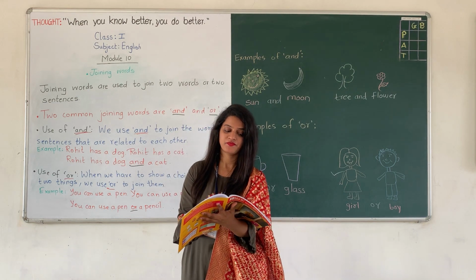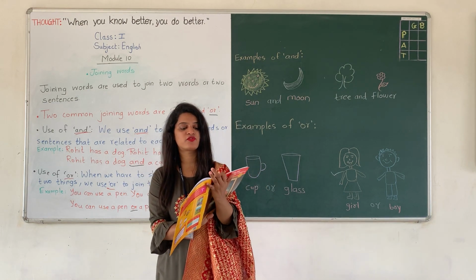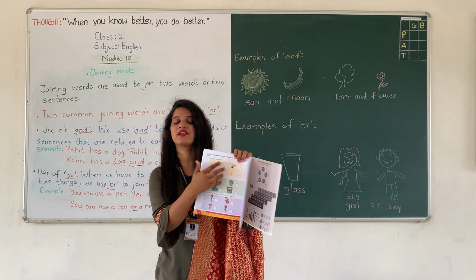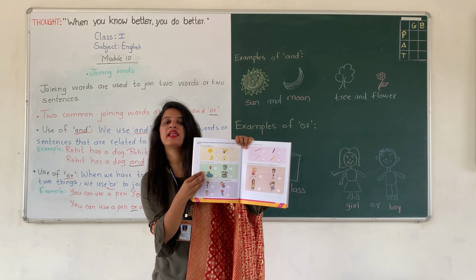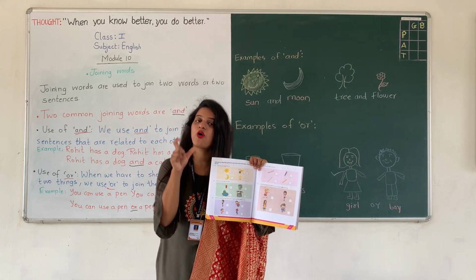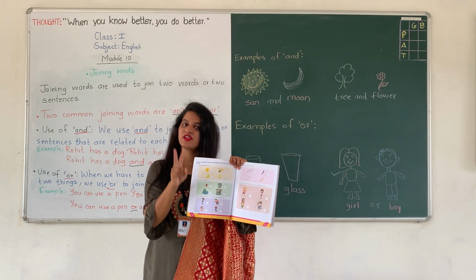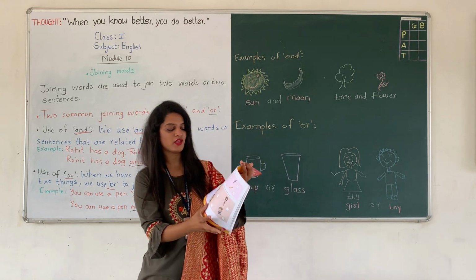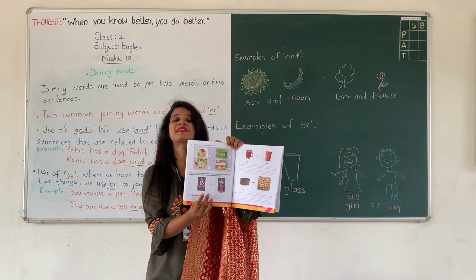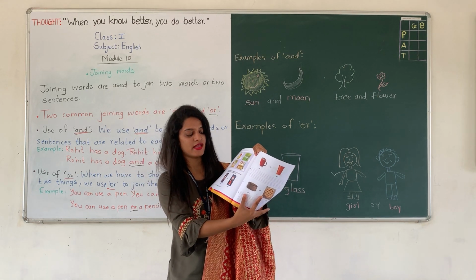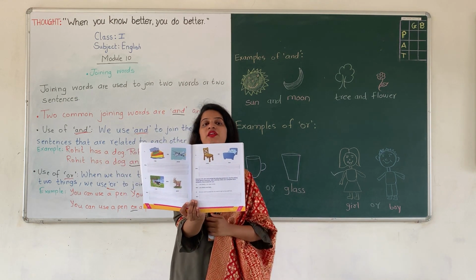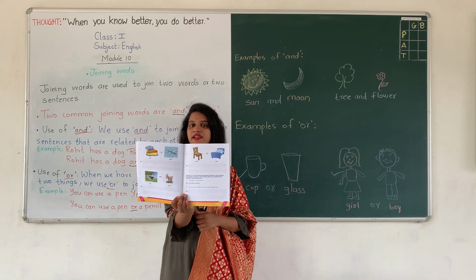In exercise 3.2, you just have to read and follow this. One is done for you. Now, take the bulb and the sun. Here and is used, and according to the instructions given, you have to tick mark. If it is mentioned or, then you can tick only one. And if it is mentioned and, then tick mark both. Now, in exercise 3.3, you have to join the words and make simple sentences. And after that, in exercise 3.4, you have to join the words and rewrite the sentences again, and write it correctly.